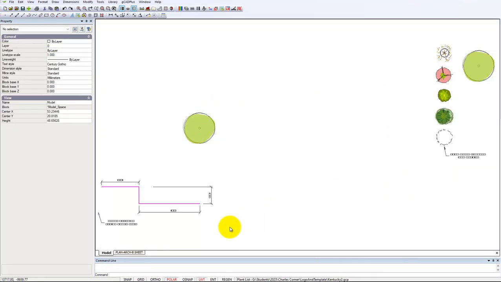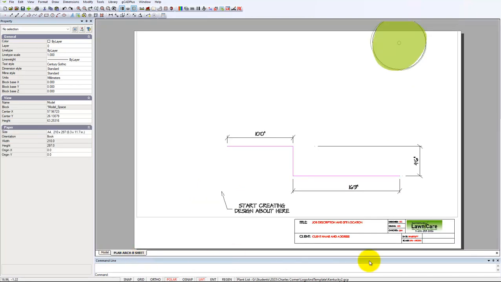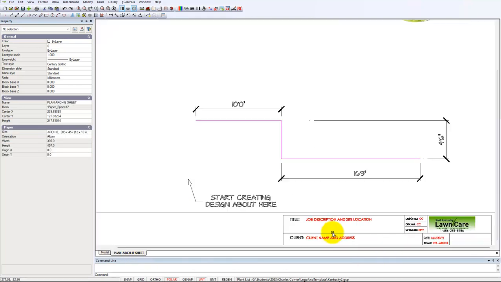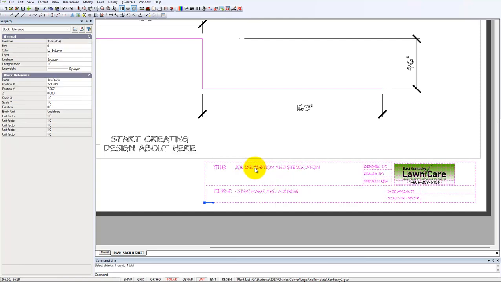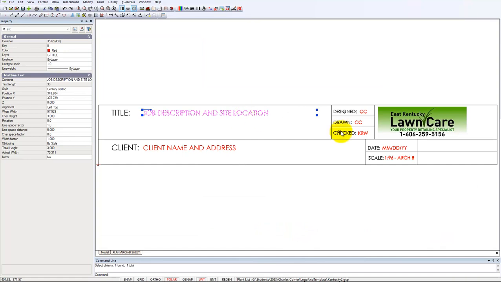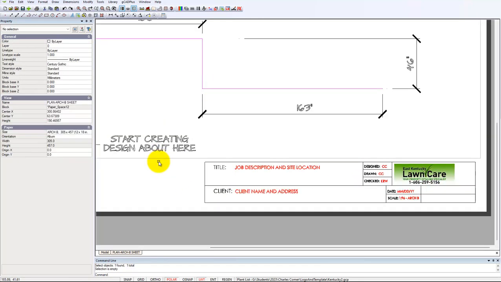This little template is aimed at helping this new user get started easily. You'll notice that there's already a layout with the logo in red in the title block. The headings there. All it needs doing with each new job is to edit that block and just change those items that are in red. We've got a default of 1 to 96 on an architectural B size sheet that's closed, and we'll go back